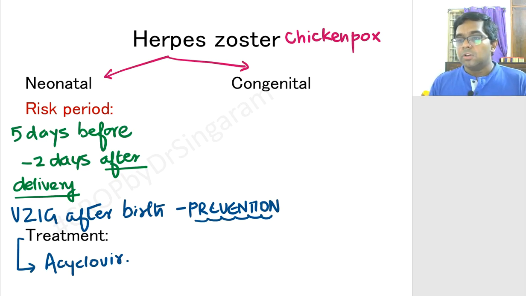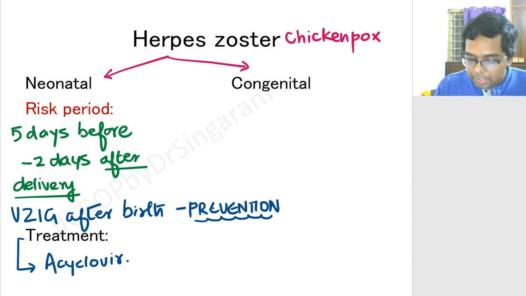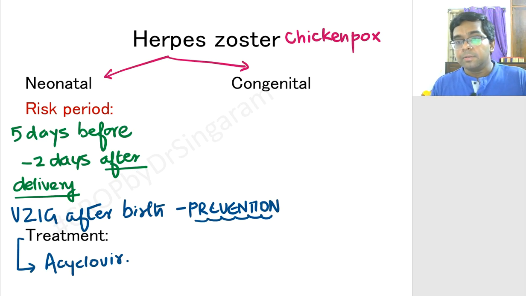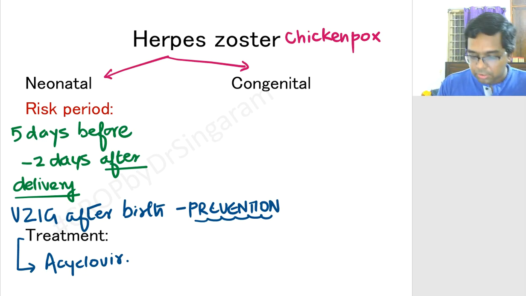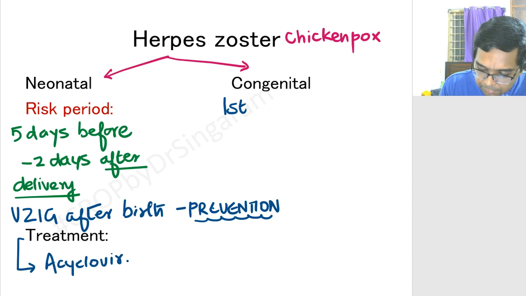That is a congenital or intrauterine transmission of herpes zoster. Now, this is obviously going to be severe because it is going to be affecting the baby in the developing period. Okay, right. And especially the risk is going to be if the transmission occurs in the first trimester. Always first trimester has a high risk of infections. Okay. Now, here is something which is slightly different from the general rule that the incidence of developing problems due to this congenital infection in the first trimester